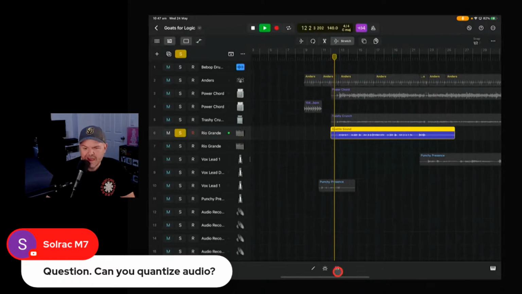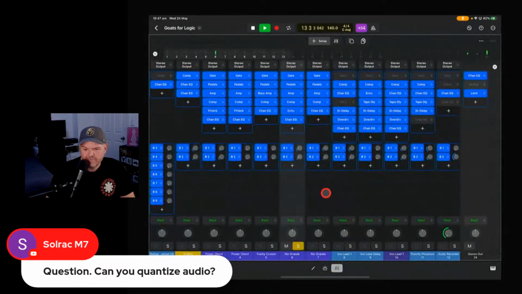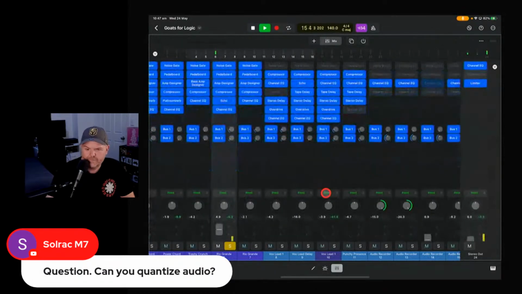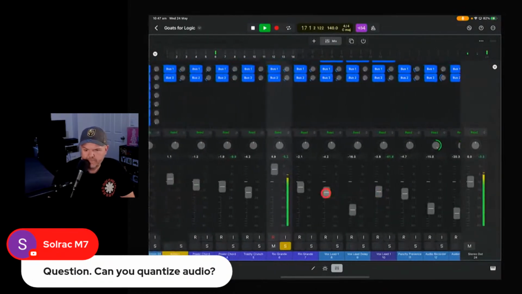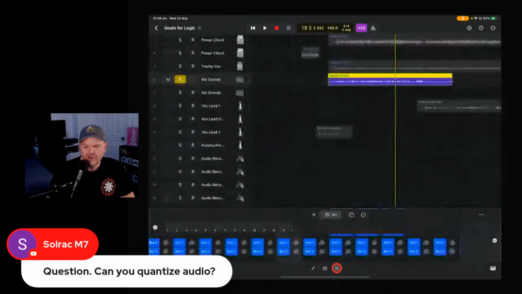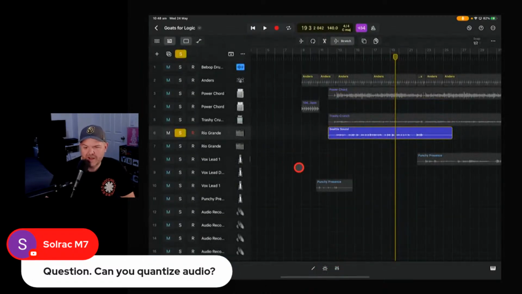This one looks okay, but it's obviously quite high. You can see it's up there at minus 4.7. So if that was any louder, it would probably be clipping. So hey, it's a cool thing. It holds your hand in that way, which is something that GarageBand should have done.